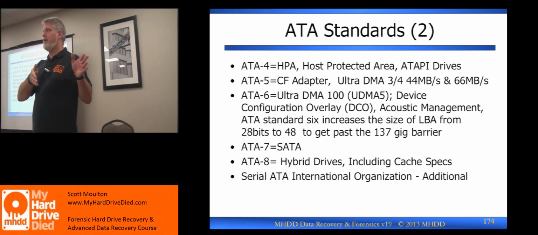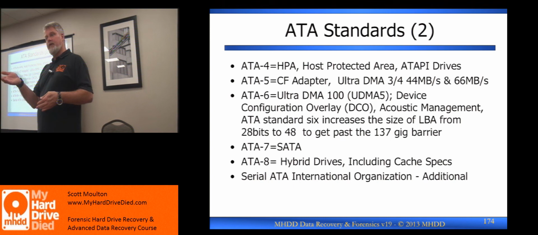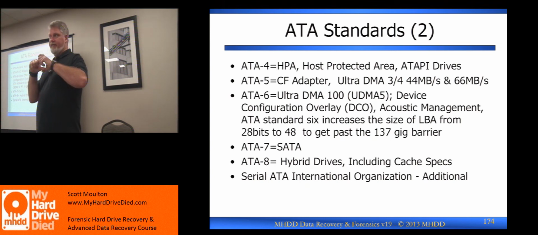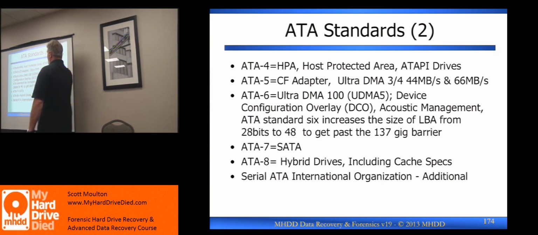And it wasn't originally memory, it was originally a spinning disk. But they made little micro drives. But now they're all compact flash, they're all memory. So that has its own spec. So if you have to do a data recovery on a compact flash, treat it as a hard drive, do not treat it as memory. Understand my point? That's a huge difference in memory.